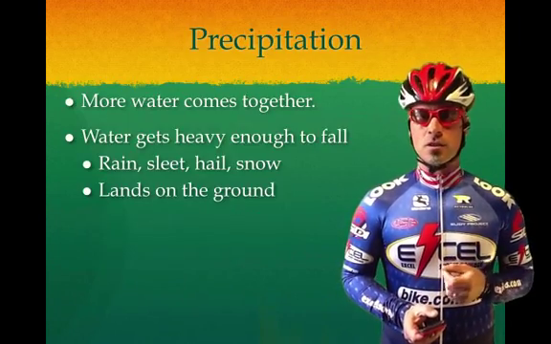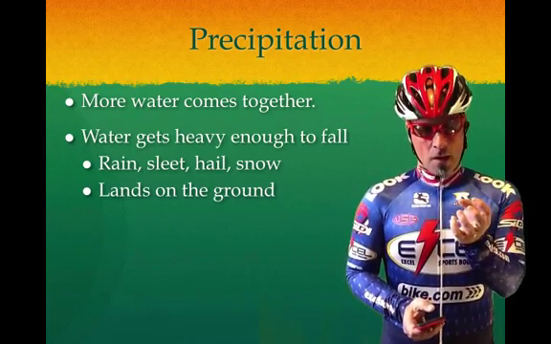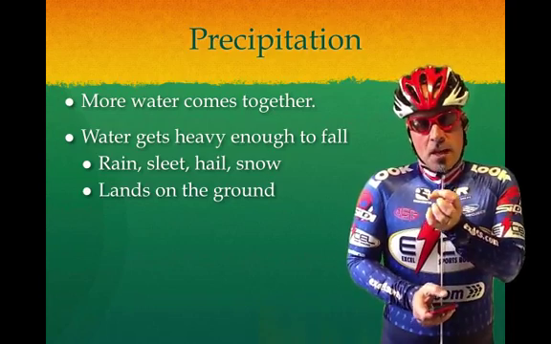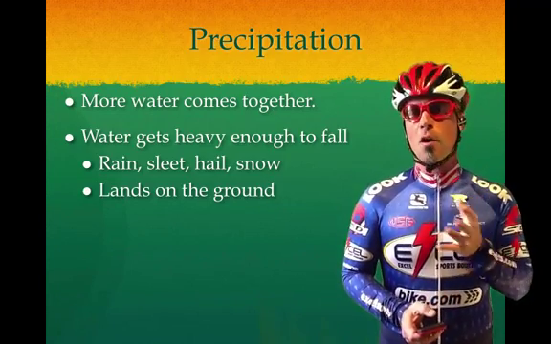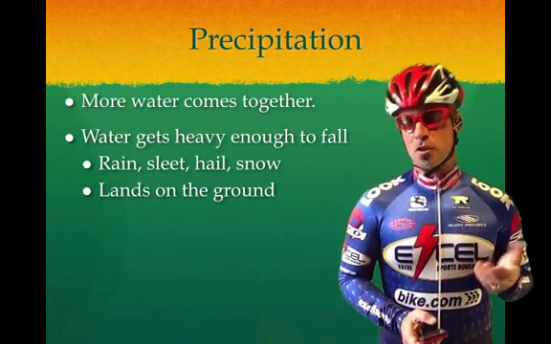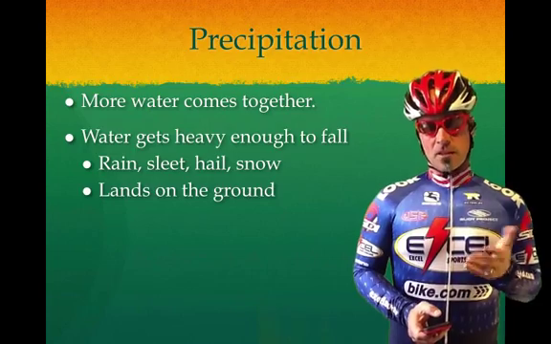All right, precipitation. This is when more water comes together. You've got the vapor that's cooling off, forming tiny water droplets. Those droplets come together and form precipitation. The water gets heavy enough to fall. Depending on the temperature, this can be rain, sleet, hail, or snow. Now this lands on the ground,